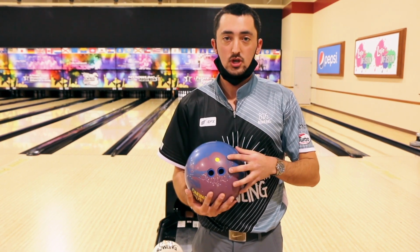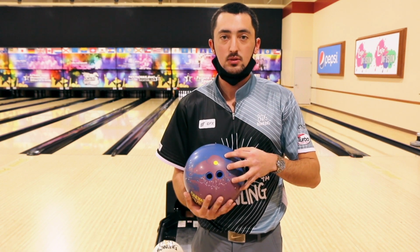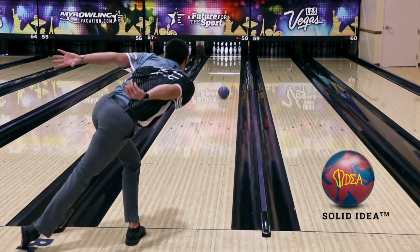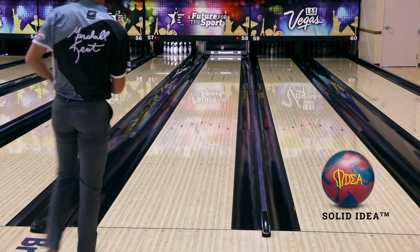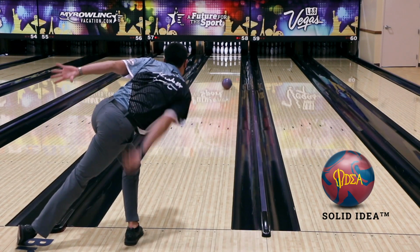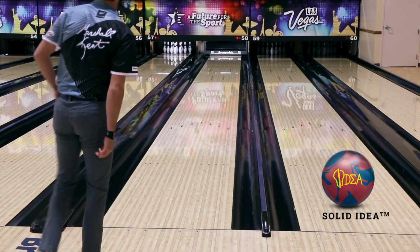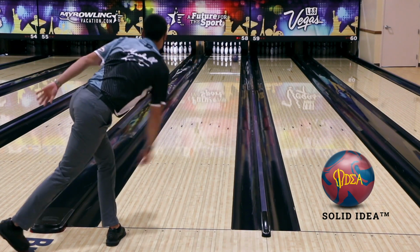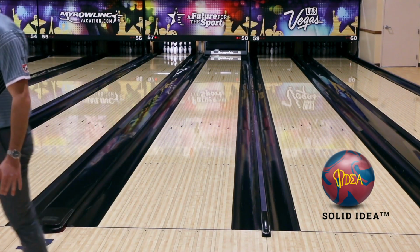So I'm about to throw some shots with this so you guys can get a good look and see what the Solid Idea is supposed to do. So here I'm throwing the Solid Idea. It's our big, solid, asymmetric, aggressive ball. I'm starting off a little further right just to kind of show the versatility of this ball. You can play, I feel, many different zones with this piece, and it still gets that really nice continuation through